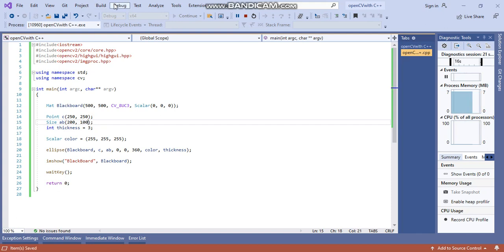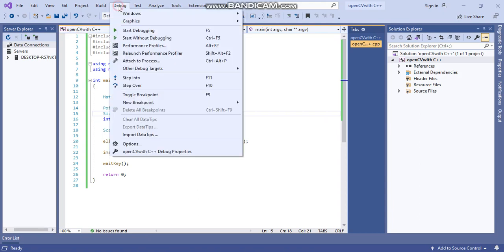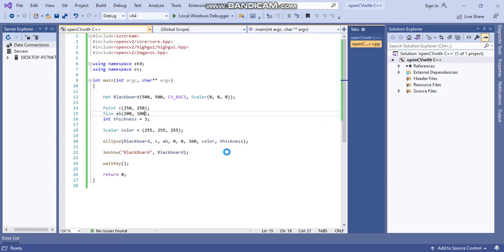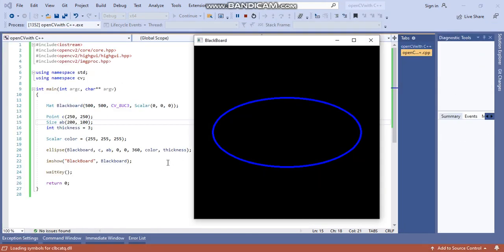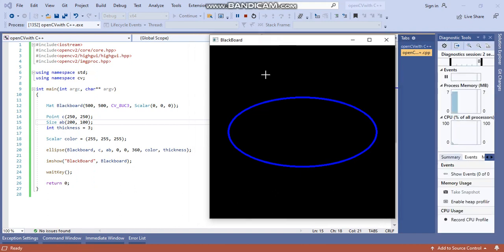Save this and stop debugging the earlier one which was running. Now run this program. You can see a horizontal ellipse is coming. It means the major axis is 200 and the minor axis is 100. So this is how we will be drawing an ellipse on the blackboard.